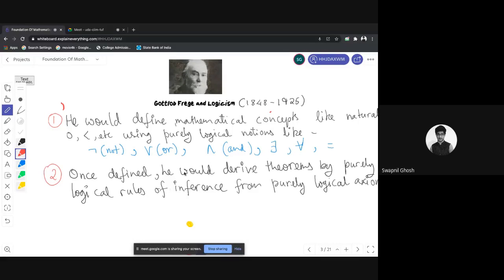before it hit the markets, at the last moment, the British logician, mathematician and philosopher Bertrand Russell wrote a very devastating letter to Gottlob Frege that he had found a contradiction or inconsistency in his theory, or he found that using his theory, he could prove a statement of this form, that A and not A, like A is also true and not A is also true. This contradiction or inconsistency is famously known as Russell's paradox,